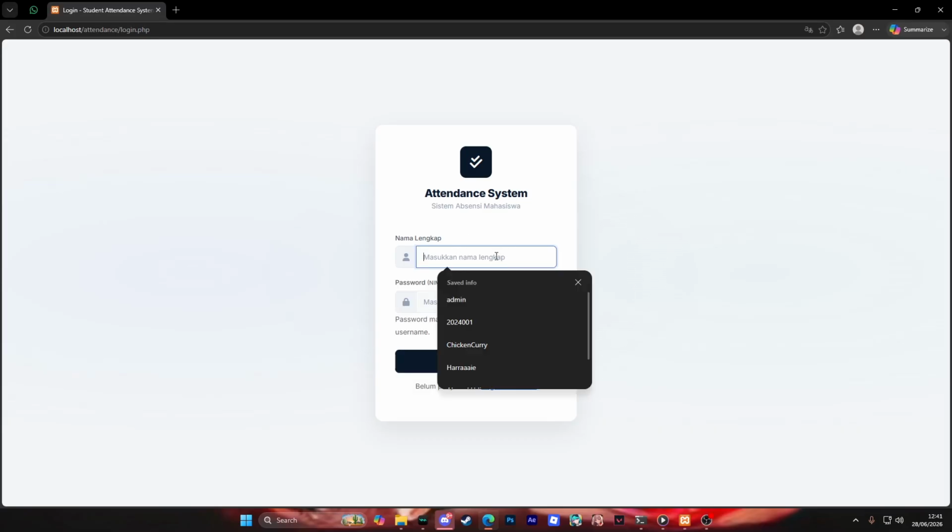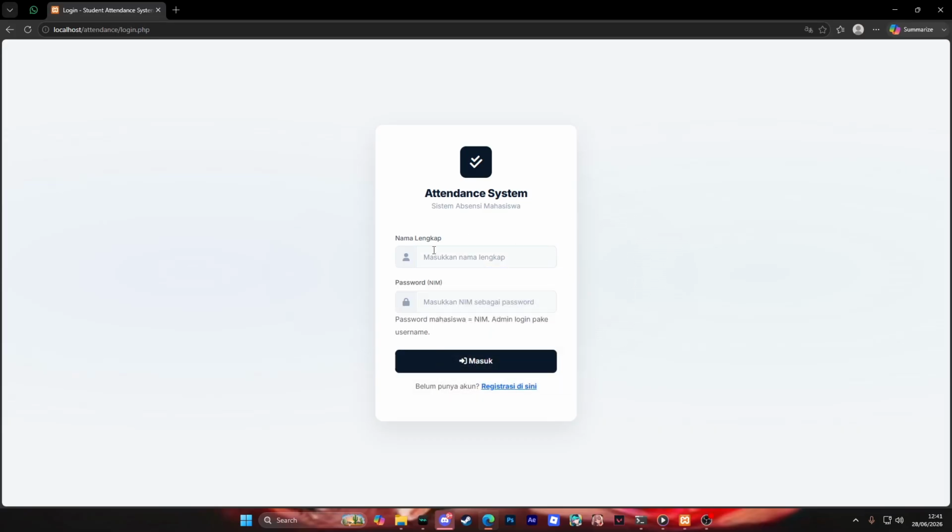There are two types of users, admin and student. Admins log in using their username and password, while students log in using their full name and student ID number as the password.